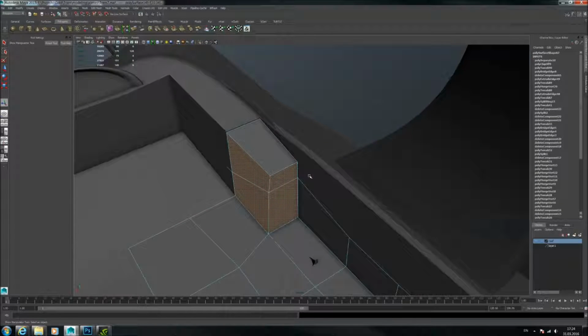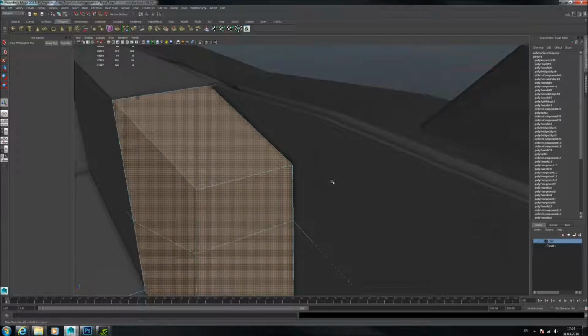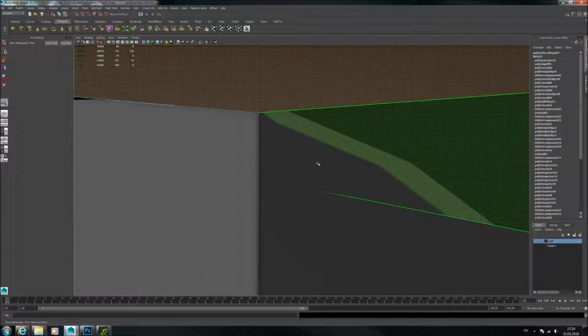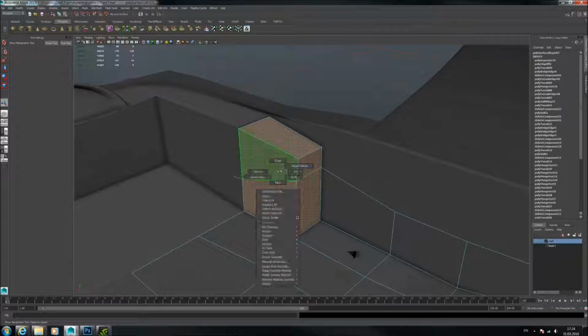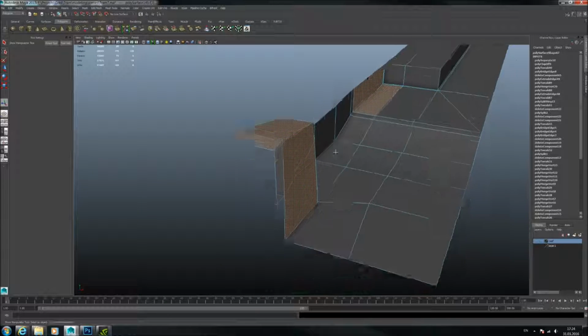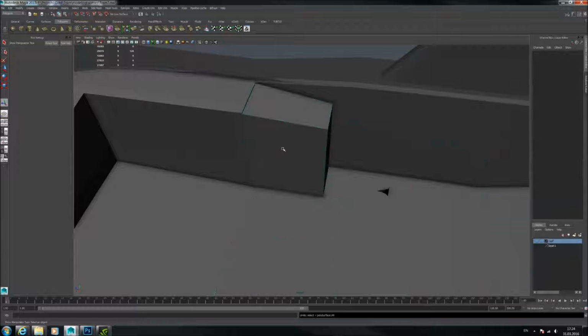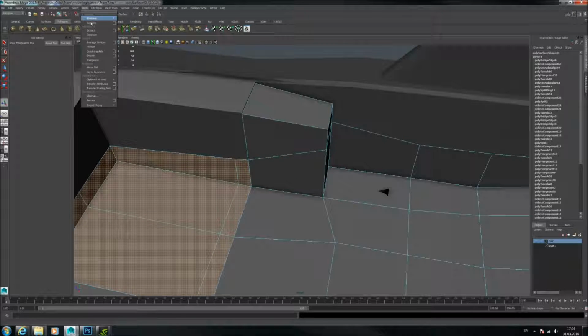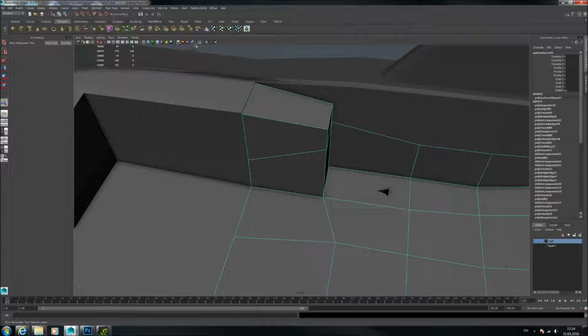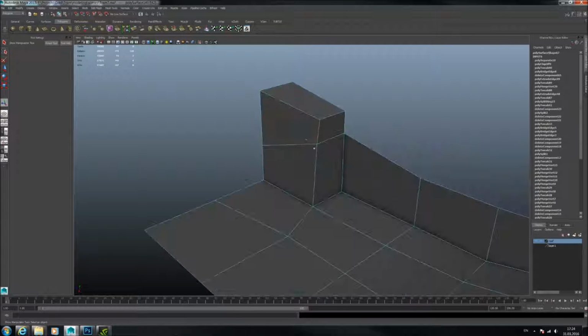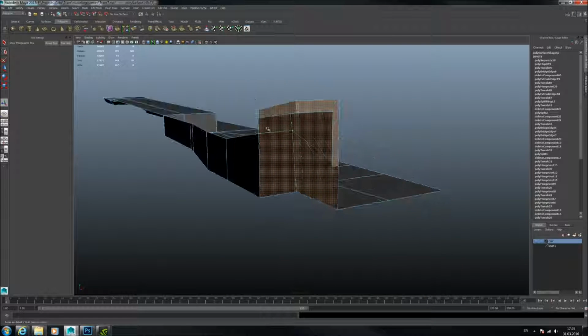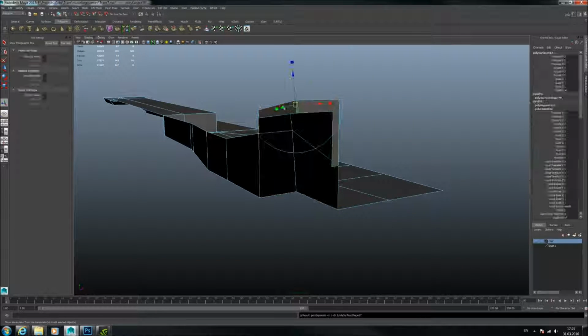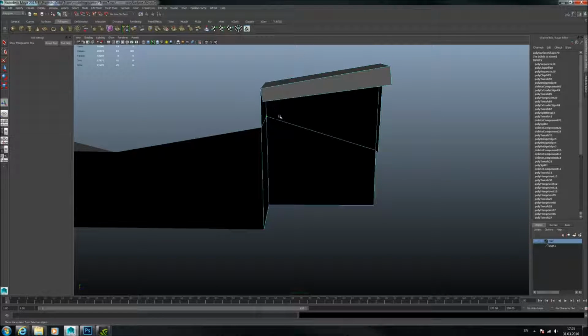Oh, I forgot the inside pieces. This, and better do this isolated face. Oh, I forgot. This and that too. Mesh extract. Isolate. Please. Mesh extract. Now we can